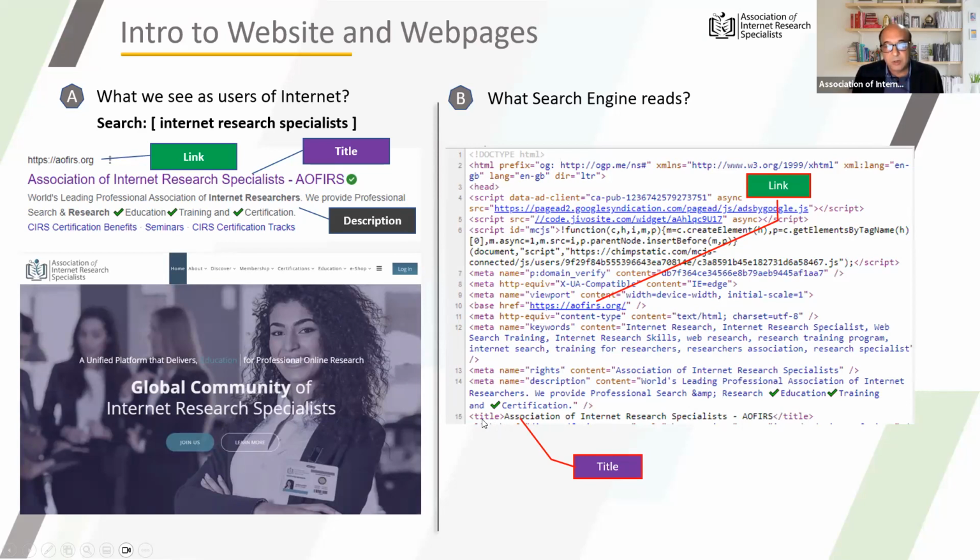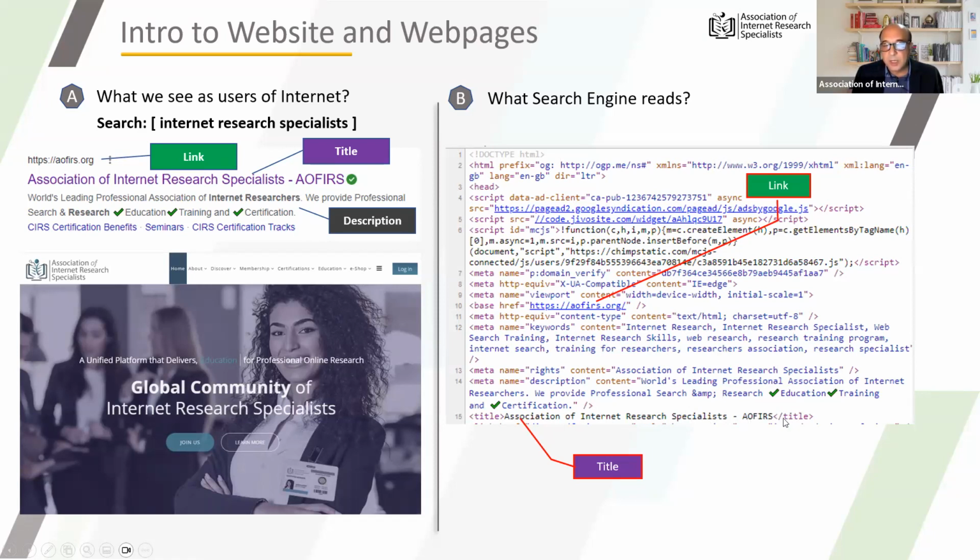You could see how the title tag starts. It starts with a less than sign, and in between it says title. And where the information ends is considered terminated as a full sentence, which is Association of Internet Research Specialists, AOFIRS here, by giving it a backslash.